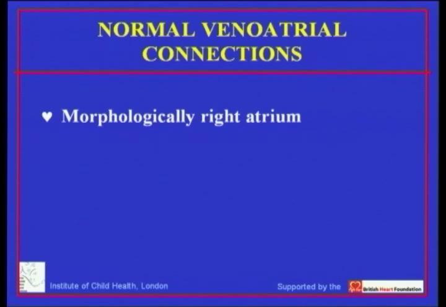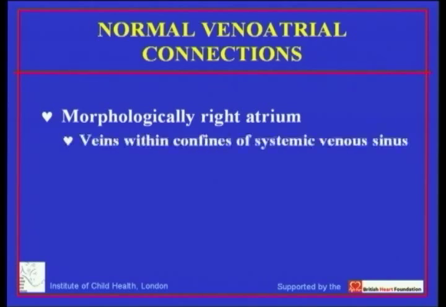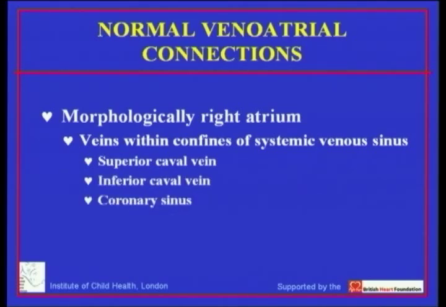Veno-atrial connections. Start off with the normal situation. As you all know, in the normal heart, the morphologically right atrium receives, within the confines of the systemic venous sinus, and that's again, as we've already discussed, the right and left venous valve, the superior caval vein, inferior caval vein, and coronary sinus. And I'll emphasize again that although the coronary sinus drains to the right atrium, it is a part of the